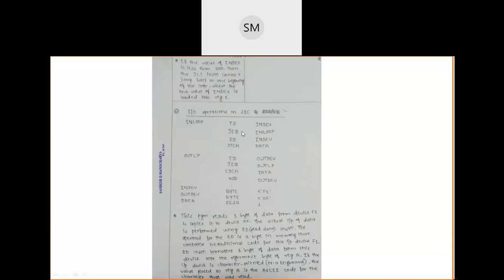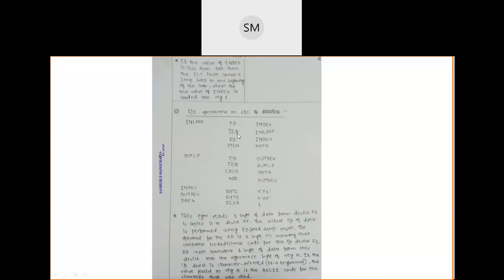Let us write a very simple program for performing input-output operation. TD, test the device. Which device am I testing? I am testing the input device, and in the previous classes I told you the TD result will be stored in the condition code, CC. If the value of the condition code is equal, then you understand that your input device is not ready to read the data. Then you once again try, or you wait for that machine, the input device, to become free.